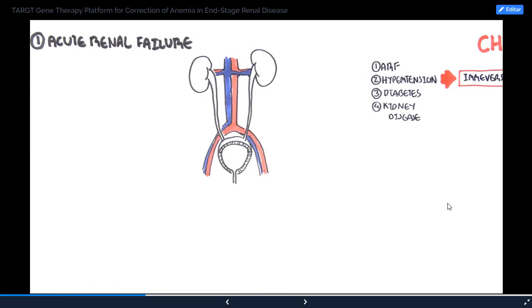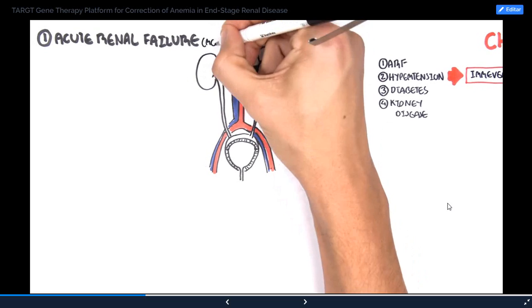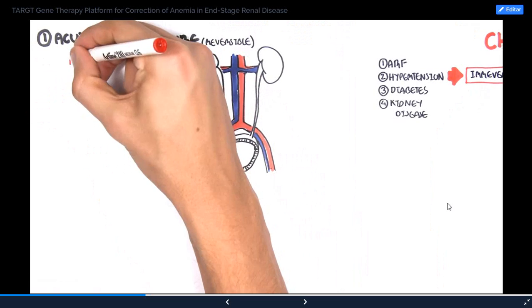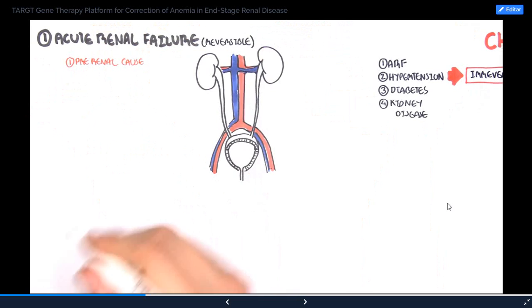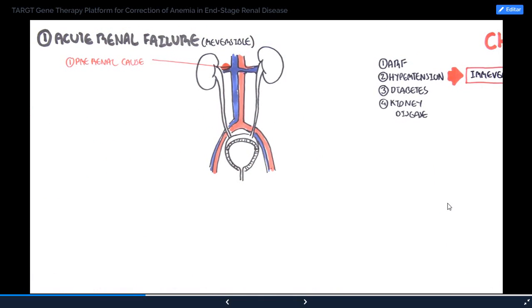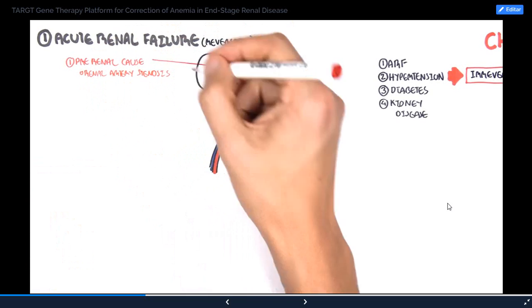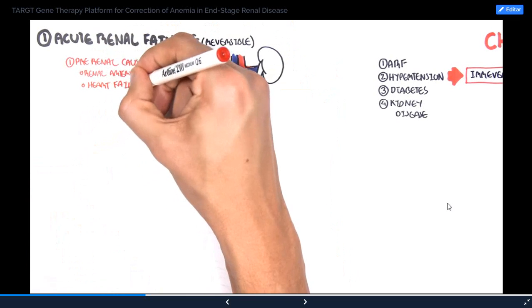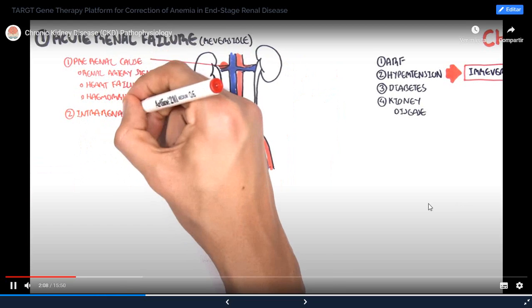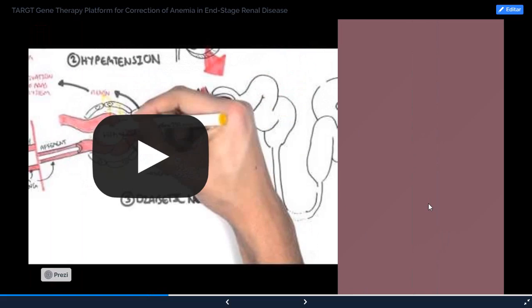Acute kidney failure, unlike chronic kidney failure, is reversible. And there are many causes of acute renal failure in itself. One way to categorize it is into pre-renal causes, intra-renal causes, and post-renal causes. Pre-renal causes include renal artery stenosis, heart failure, and hemorrhage, all of which lead to acute kidney failure. And then you